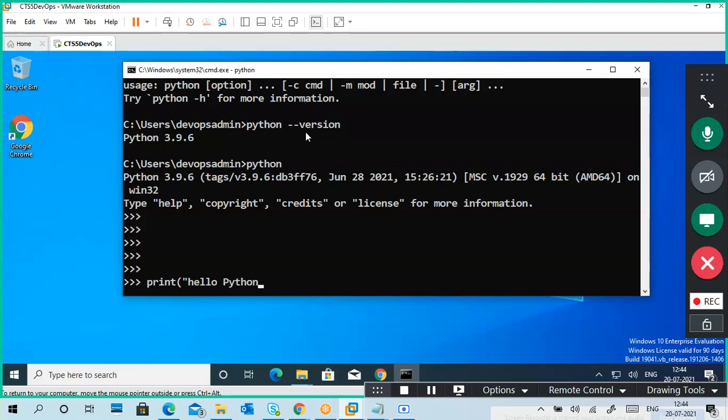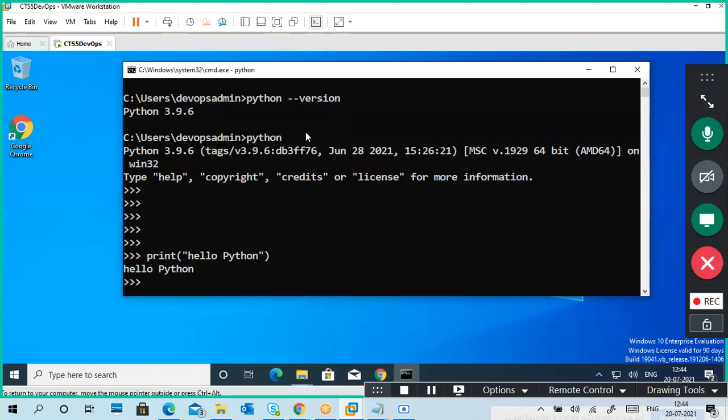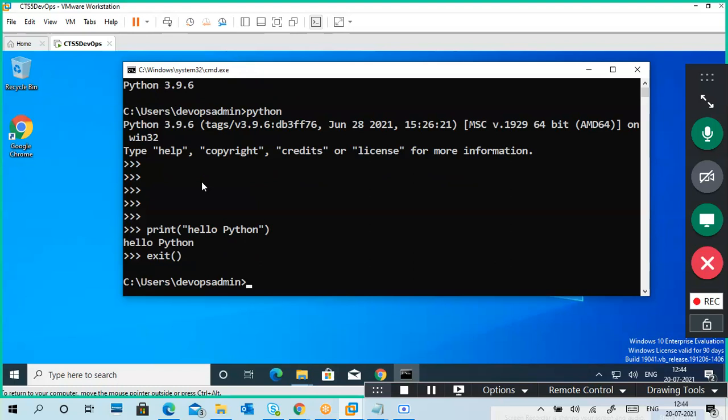You can type anything, close the quotations, put the brackets. So it is a Python program now. Also, you can see the version here. When you exit, put exit like this, then it becomes the normal prompt again. So this is one way you can access Python.